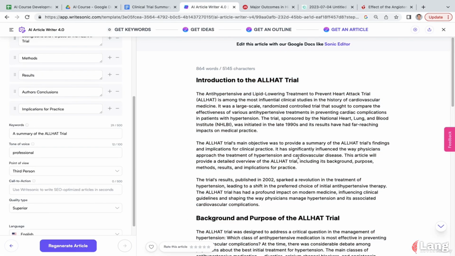But as you can see, with both the chat writers and the article writer with Writesonic, both of them really give you an excellent draft of a clinical trial summary that can be used whether you're writing for the web, whether you're embedding that as part of a CE monograph, or whether you're actually in the business of providing clinical trial summaries. If you need specific formatting, really short sentences, some of these things that editors really want, like you're doing Congress summaries and things of that nature, I would really suggest that you move towards the chat writer, because